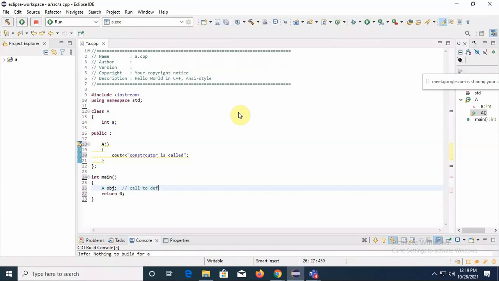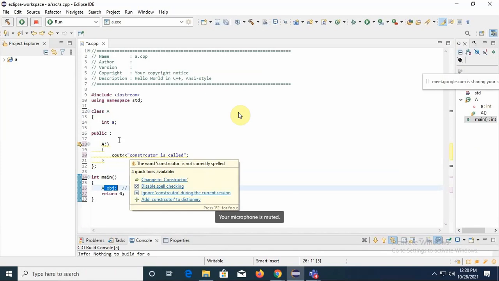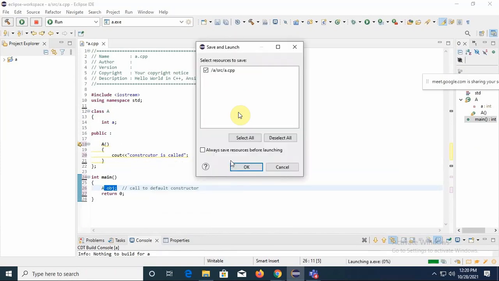So when you execute this code, what will be the output? Constructor is called. That means memory is allocated for this. Constructor is not only executed for initialization, but also it will allocate memory to your object. How much memory? The memory equal to the size of your class. Is it okay? So here it is 2 bytes. So 2 bytes of memory will get allocated for your object with the help of a constructor. So just execute it. Executed. Constructor is executed. Now 2 bytes of memory is allocated for it.